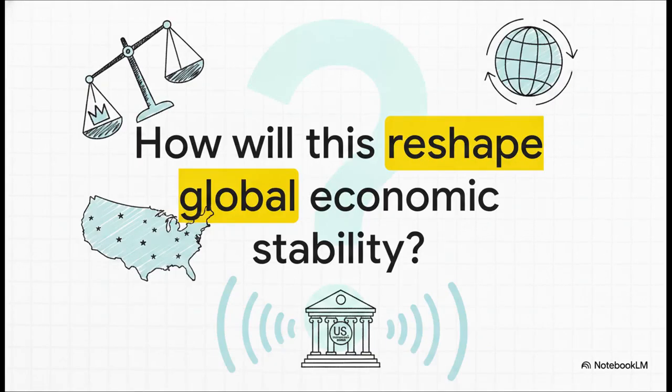Which brings us to our final big picture question. As the courts in New York gear up to decide if the Trump administration can actually keep enforcing this global tariff regime, we really have to ask, how is this one single ruling going to reshape the entire global economy? Is it going to greenlight executive authority to just drop broad global tariffs whenever? Or will 25 states actually succeed in pulling that power back?